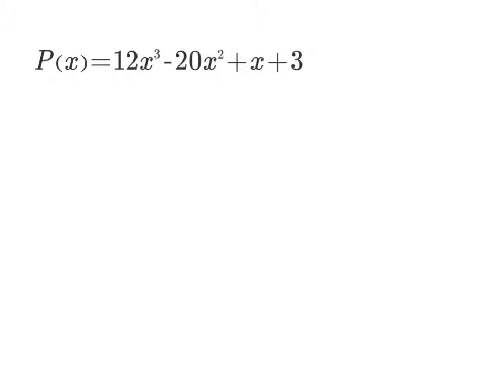All right, to factor this one, it's going to be the factors of this divided by the factors of this. So that's going to be 3 and 1, plus or minus, divided by the factors of 12, which is going to be 12, 4, 6, 3, 2, and 1. So the options could be